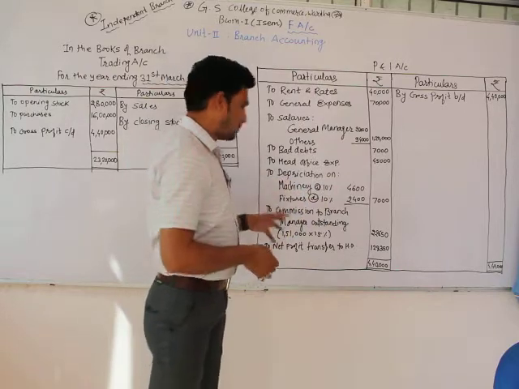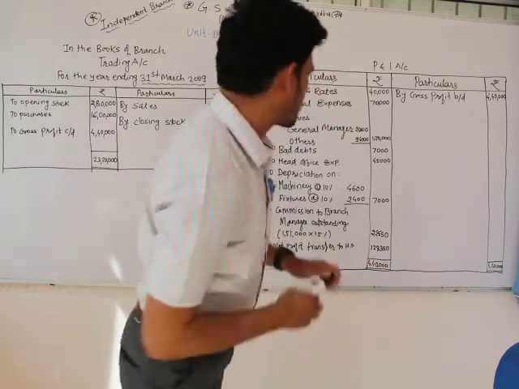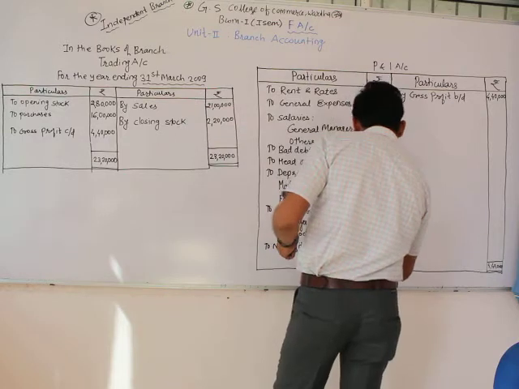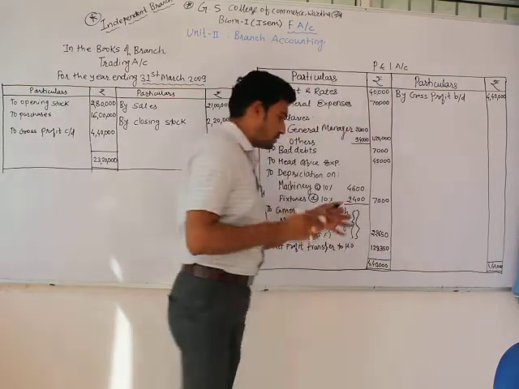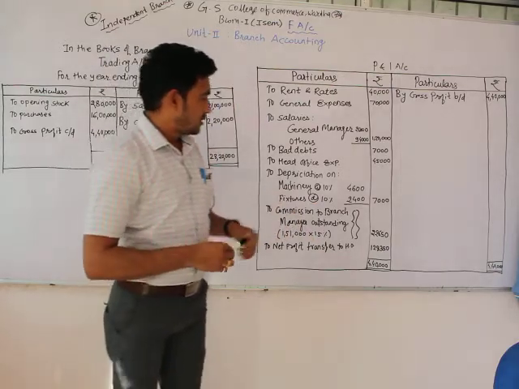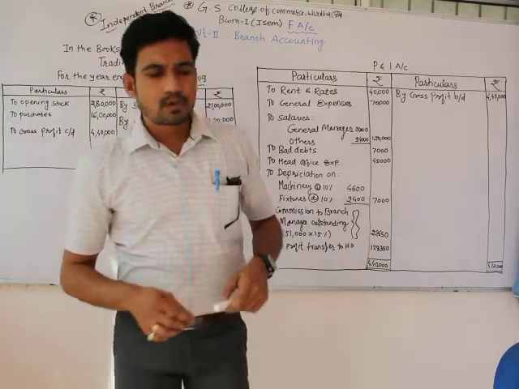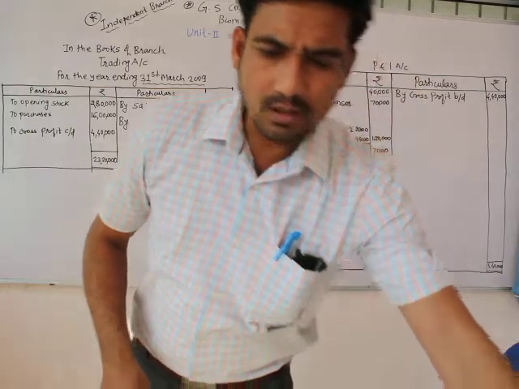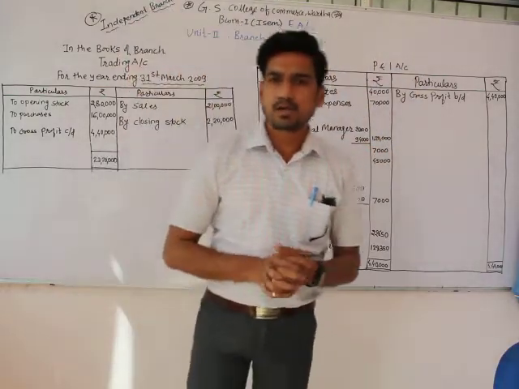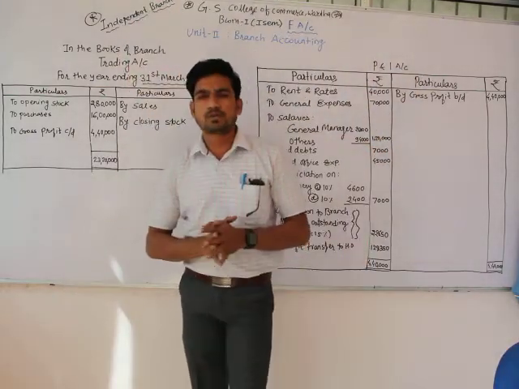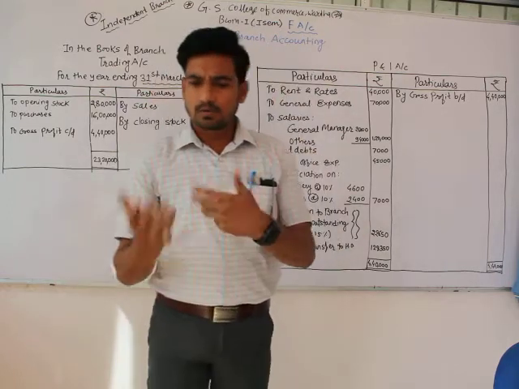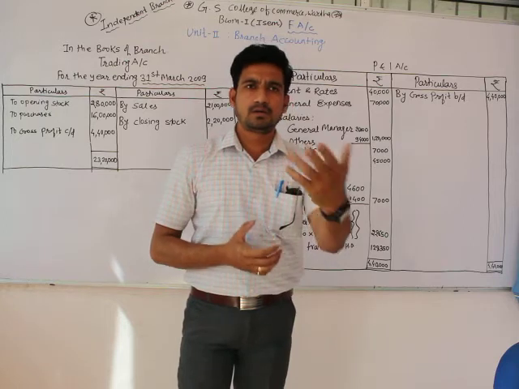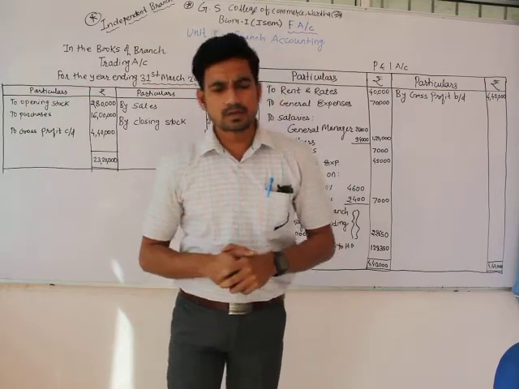The important thing in this particular problem will be this portion, which is actually a mathematical logic included in that. Apart from this, it's a very simple problem. So this is a problem of independent branch, and so these are the problems of branch accounting. I tried to take different types of problems. These problems are already provided on the Google Drive account of your class.